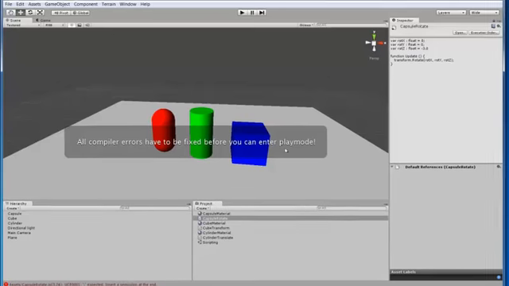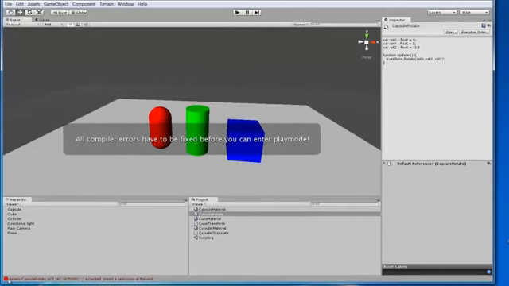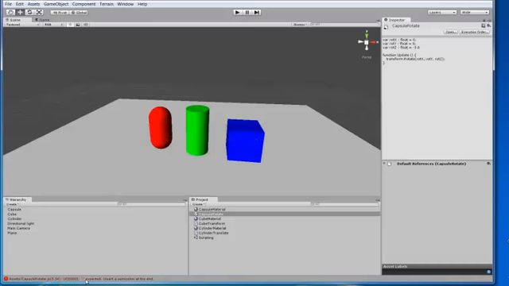And look at that. All compiler errors have to be fixed before you can enter play mode. Well, that's nice. Kind of says what it means. Doesn't tell us exactly what's going on. But if you look down at the bottom of the screen, you get some more information. So let's look down here. And look what it says. It says assets, capsule, rotate